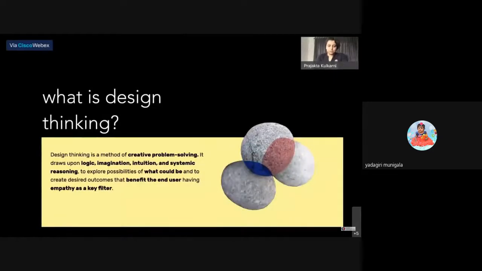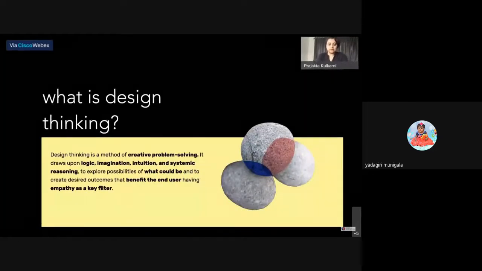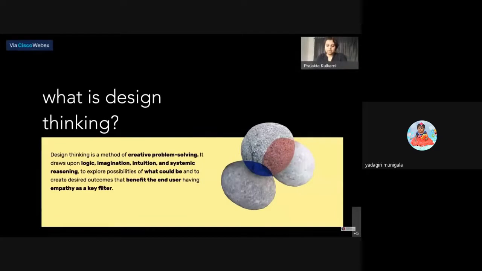Right. So just to brush over the basics in the beginning of this session, I'll talk about what is design thinking. Design thinking is a method of creative problem solving. This is something that all of us as humans have been using if you look at behavioral characteristics. But design thinking has been coined by a lot of designers and a lot of even scientists and innovators together to sort of help people start innovating